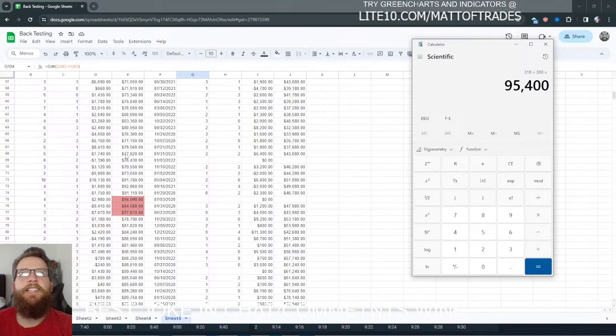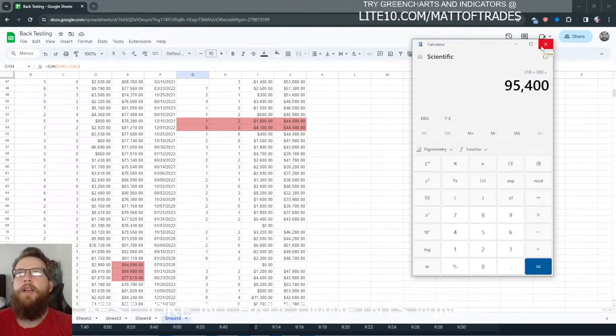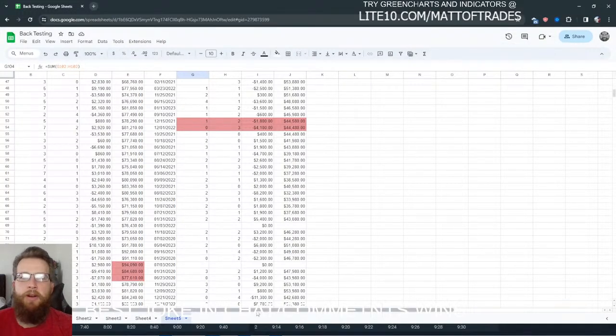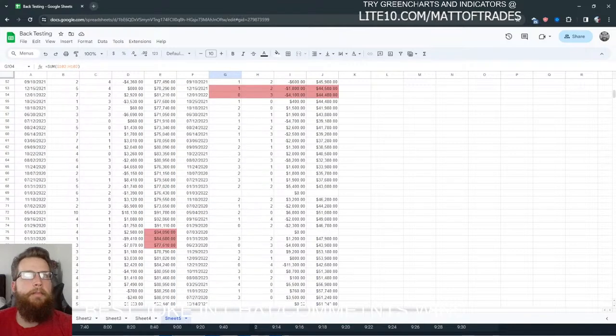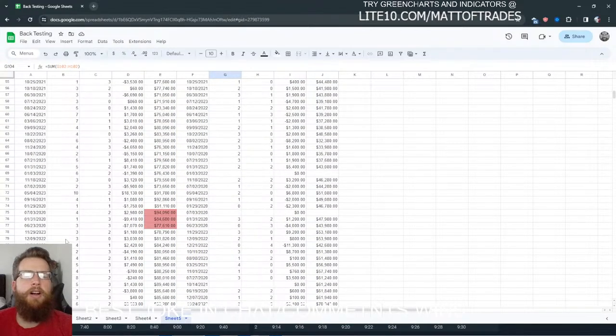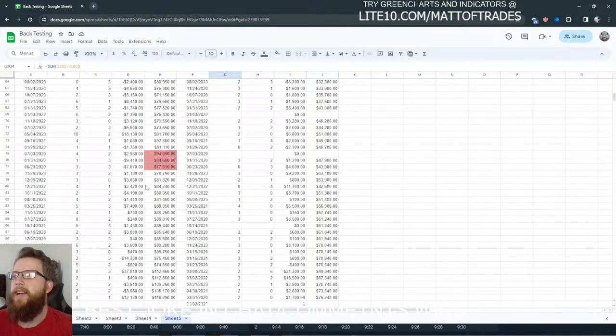I have back tested this a little bit on the Dow, and it didn't really work at all. I do want to back test this on GBP JPY, the pound yen pair. From what I've seen so far, it seems to work okay. So I do want to do full back testing on that. But for now, I do want to back test a different strategy on the Dow. So we're probably just going to open up a new sheet here and start